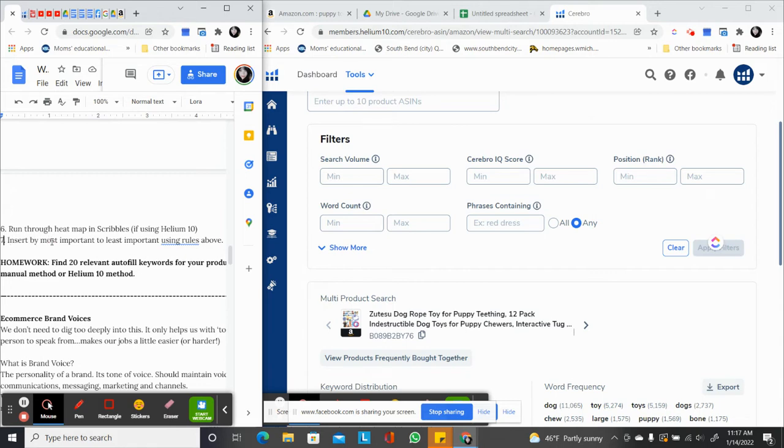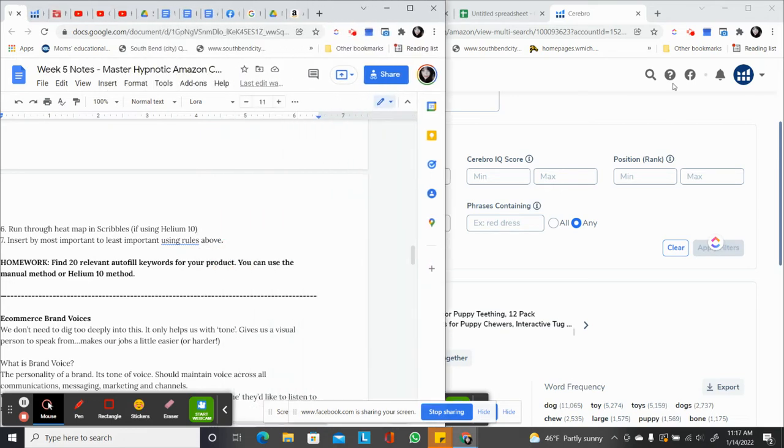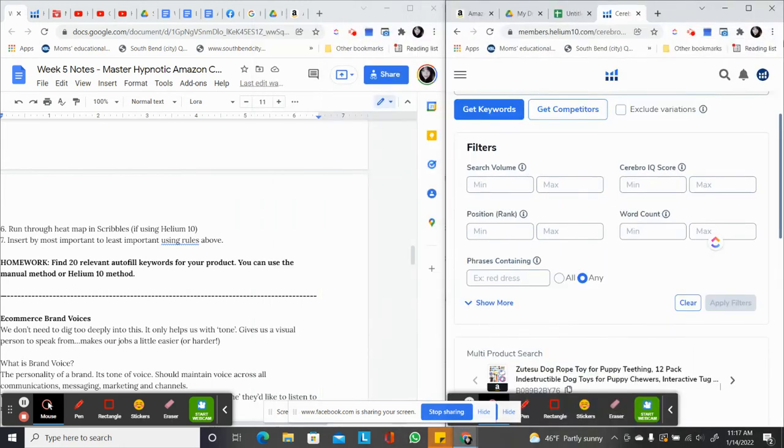So whether you use Helium 10 or not, you're going to have to go through and make sure, I should say you don't have to. I think it's best practices. I think it's only fair to your product if you're putting so much effort in, and to your clients if you want them to sell, that you go through and double check that Amazon's autofill, that they are literally coaching your customer